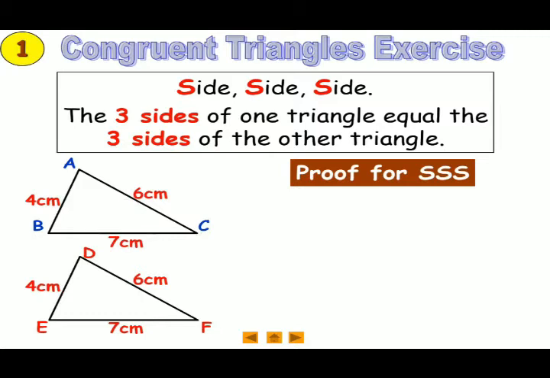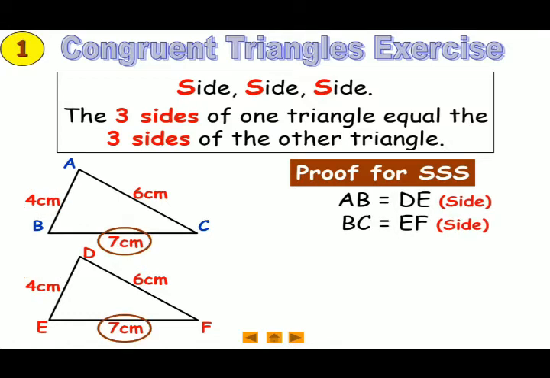A sum is given on the SSS or triple S rule. Here you can see that two triangles are given to you. The measurements of each side are also given. So here you can see that three side measurements are given. So which rule can be applied over here? Three sides means the triple S rule can be applied. So first, what will we write down? The measurement of AB and DE is 4 cm. So we can write down that AB is equal to DE. Why? Because both are of equal measurement and both are sides.